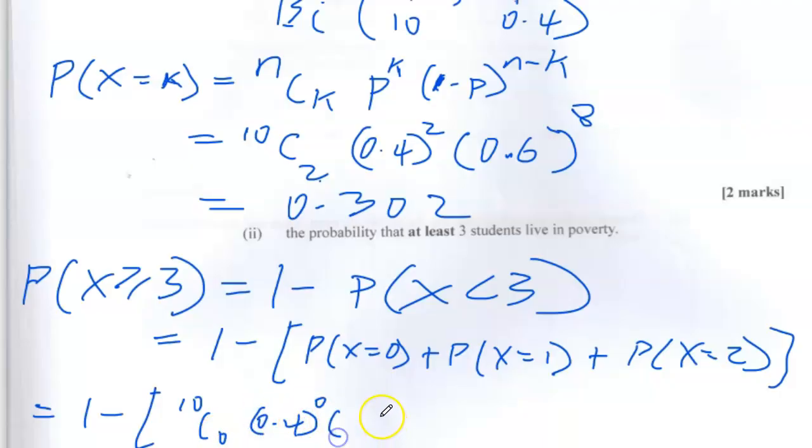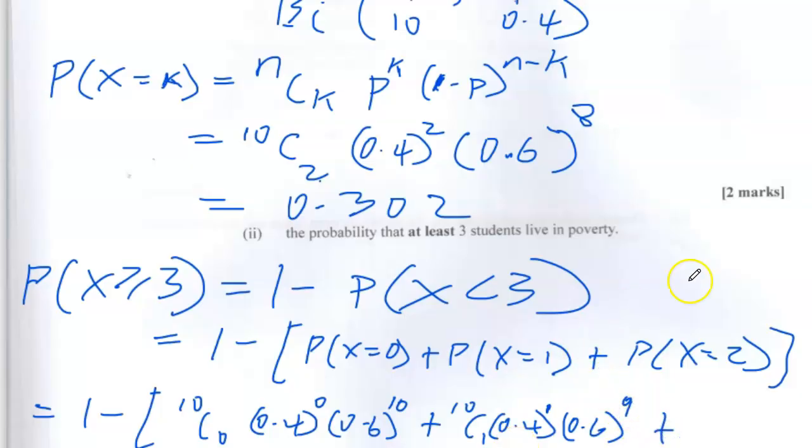And in the second bracket is 1 minus p, so 1 minus 0.4, that's 0.6 to the power of 10 take away 0, which is 10, plus the probability x equal to 1, so this time it's 10 choose 1, 0.4 to the power 1, 0.6 to the power of 10 minus 1, which is 9,